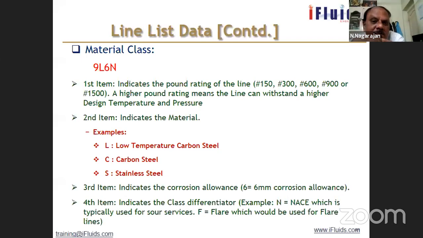Suppose you calculate a pipe thickness based on the pressure and temperature inside. Let us say you get a wall thickness of 10 mm. That is a bare pipe. But if there is a corrosive fluid flowing inside the pipe, it keeps corroding and eroding the wall. Wall thickness will become less and less over a period of time. So to take care of that, we add this corrosion allowance. If your calculated thickness is 10 mm and corrosion allowance is 6, you add these two, you get 16 mm. So you will have to use a pipe of 16 mm thickness.